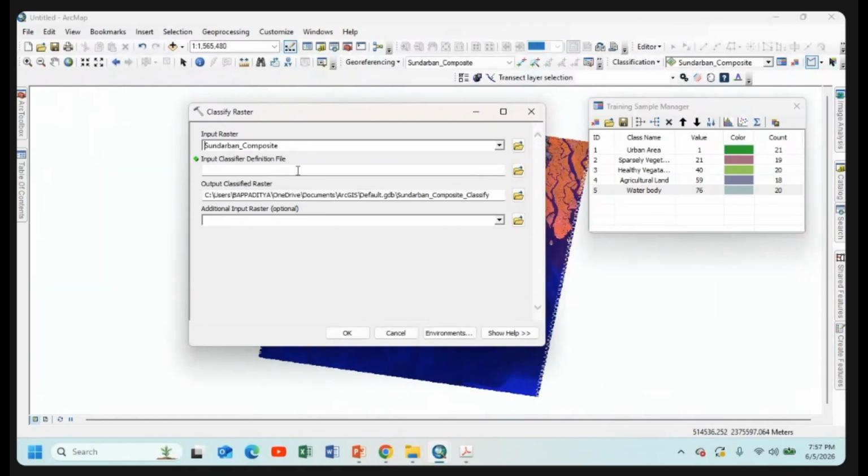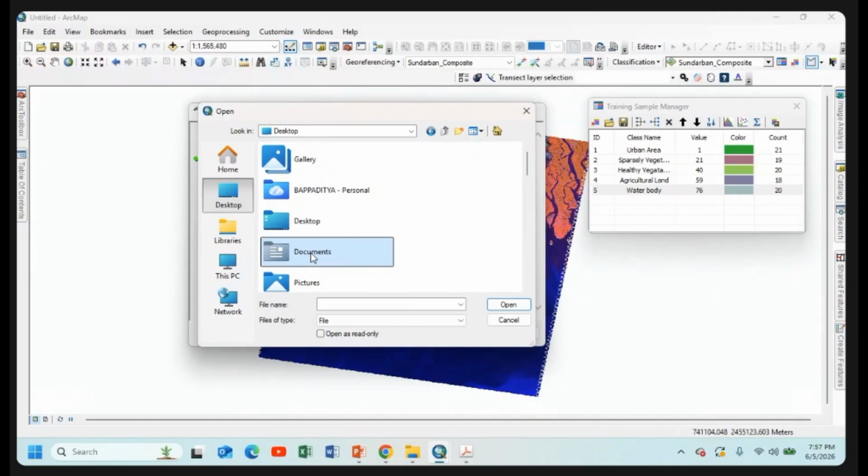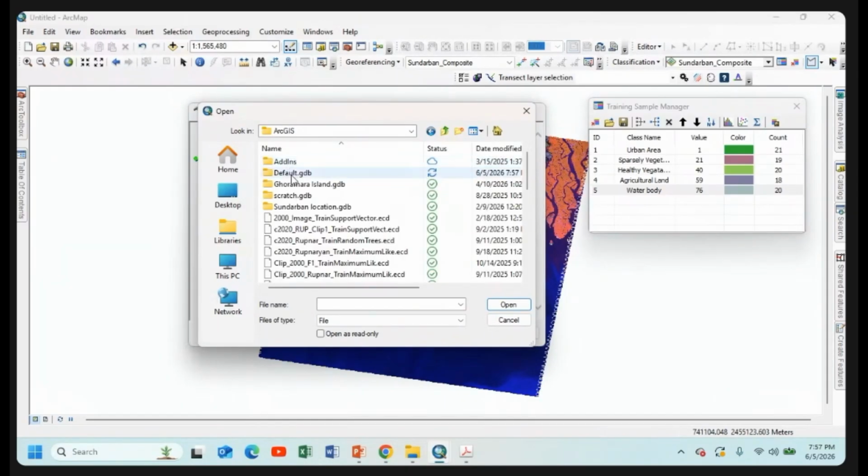In the input classifier definition file, we need to provide our last generated maximum likelihood file, selecting it from there. Okay, it is saved in our system. We need to find it from here.